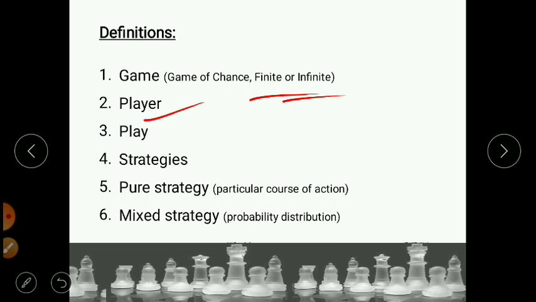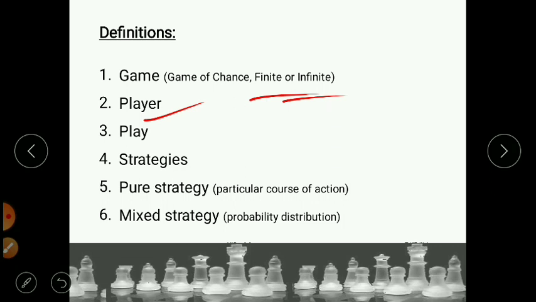Talking about the player, you all know it can be a participant or a competitor. If it is a group game, a group event, then the groups involved in a particular game or competition will be in pairs or groups, depending on the demand of the game. But each player is equally intelligent and rational in the approach. That is the assumption that is there, that each player has to be equally intelligent, right?